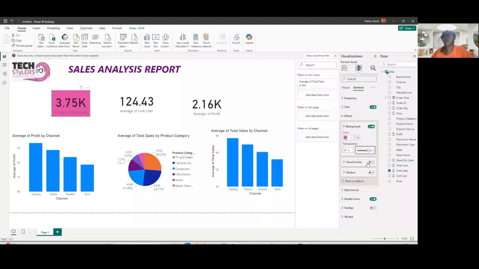Visual border, if you want visual border, you can see the effects. If you want your shadow on. This is where you do the effects, and if you want your tooltip on. And if you want properties,